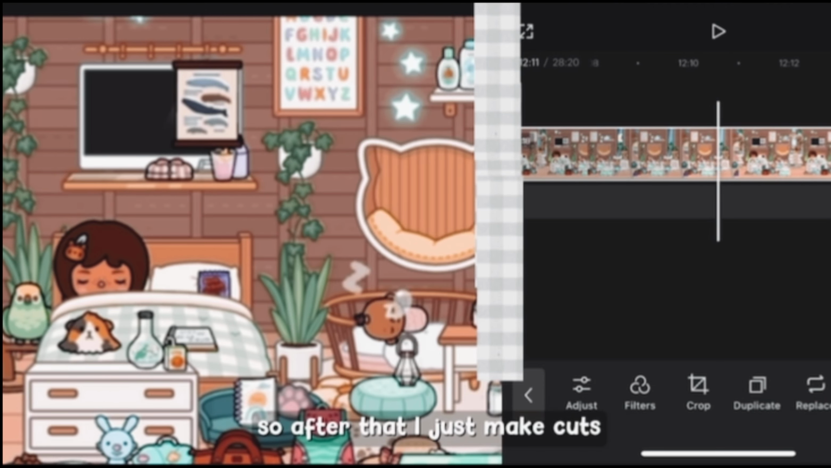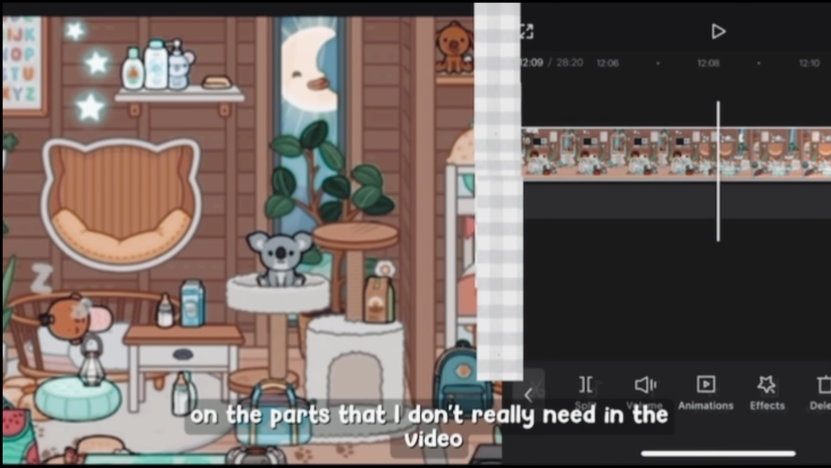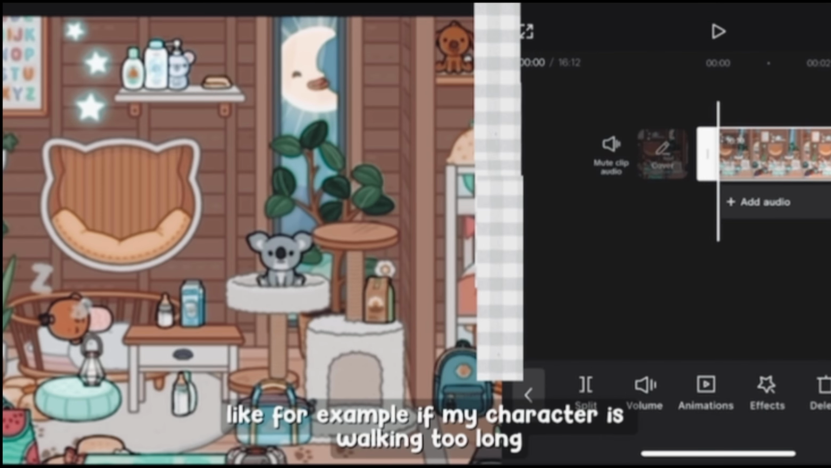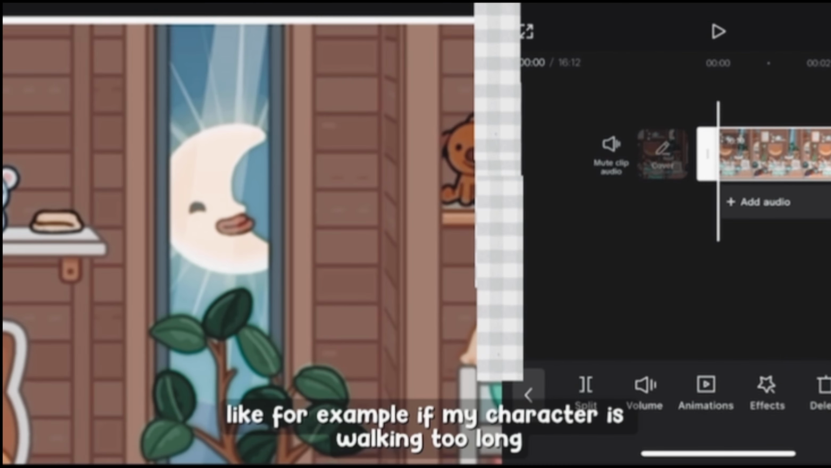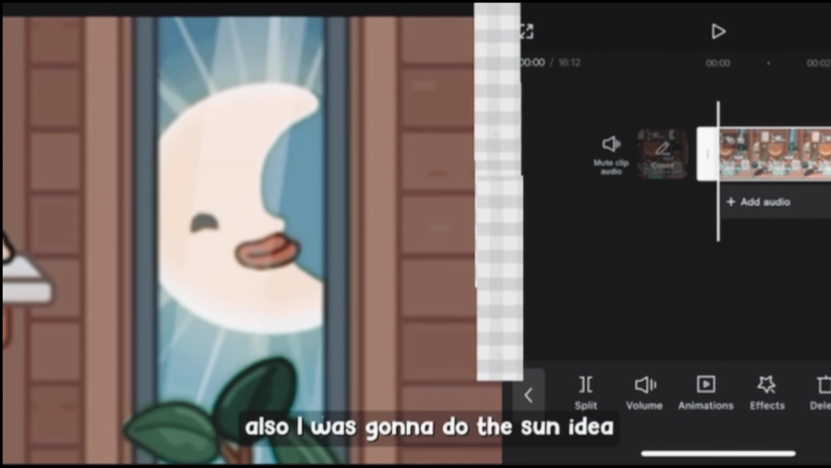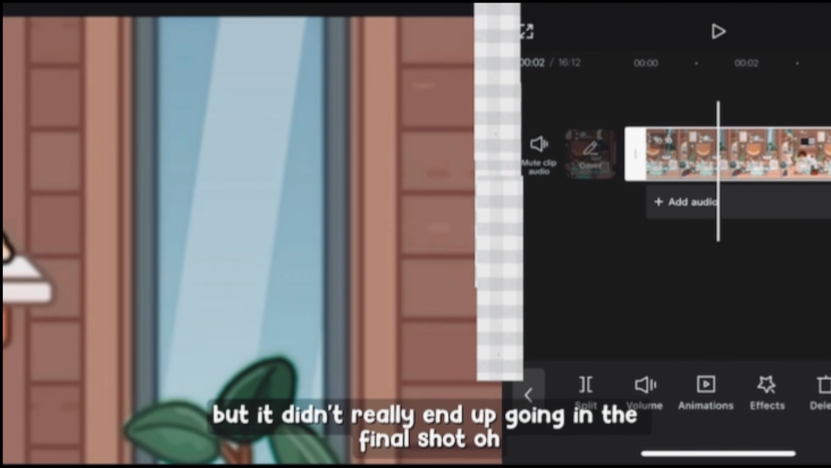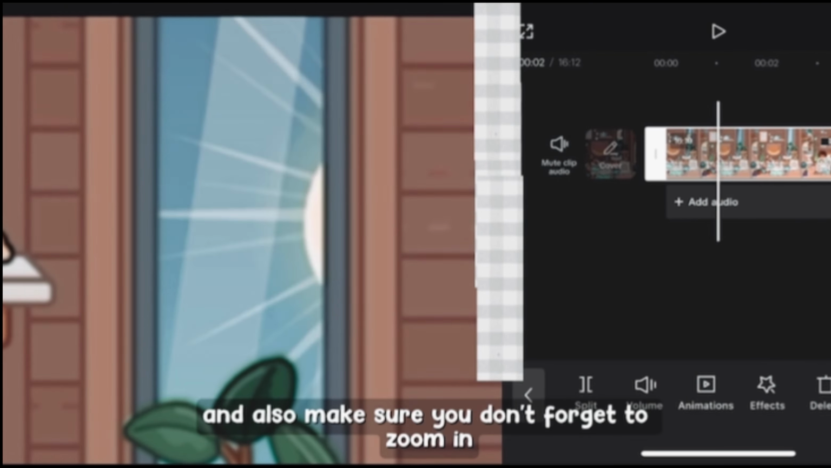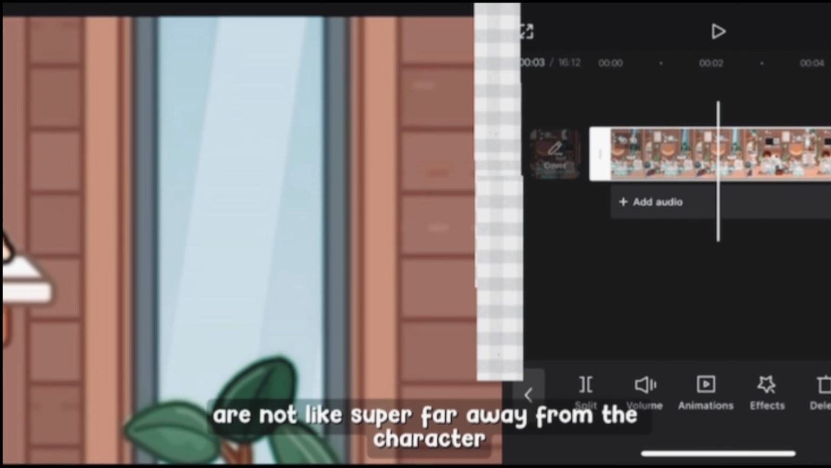So after that, I just make cuts and splits on the parts that I don't really need in the video. Like, for example, if my character is walking too long, I can just cut that out. Also, I was gonna do the sun idea, but it didn't really end up going in the final shot. Oh, and also make sure you don't forget to zoom in so your videos are not like super far away